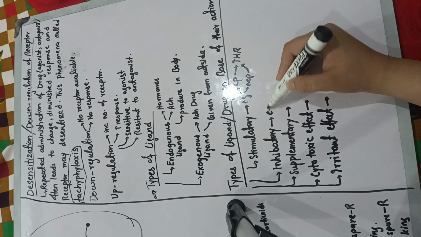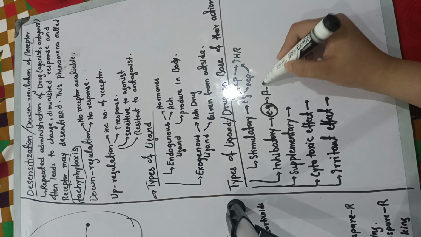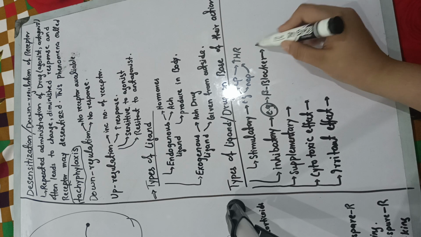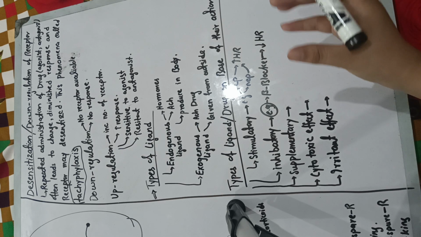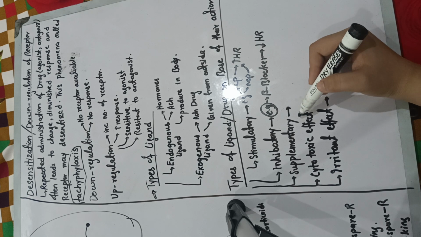Some have inhibitory action; they are decreasing the action. Beta blockers are given as examples. They are responsible for decreasing the heart rate. So they are blocking something, inhibiting something. Some drugs have just